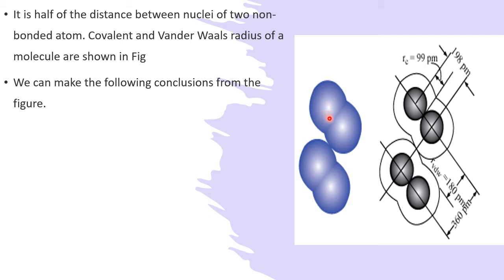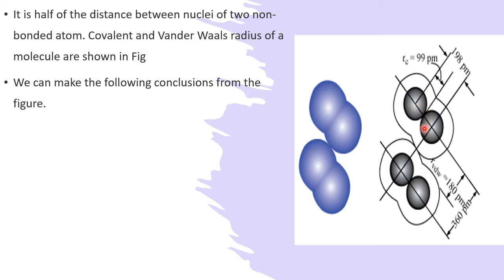What is van der Waals radius? Now these two have approached to the closest, okay. Whatever distance is there between these two molecules, this is called the van der Waals distance, or the van der Waals radius. This is here, okay. This is the center of the one atom. Same, these two are taken in this form, okay. Molecular geometry here. Now this is called what? Bond length. How much? 198 picometers. Its half is the covalent radius, 99 picometers. So within the molecule, it is the covalent radius or bond length; molecule to molecule is the closest approach.